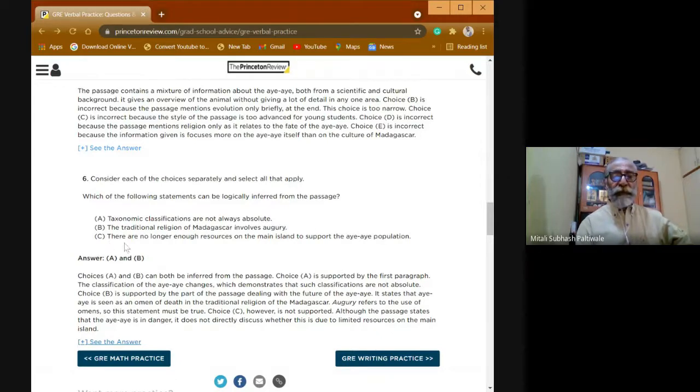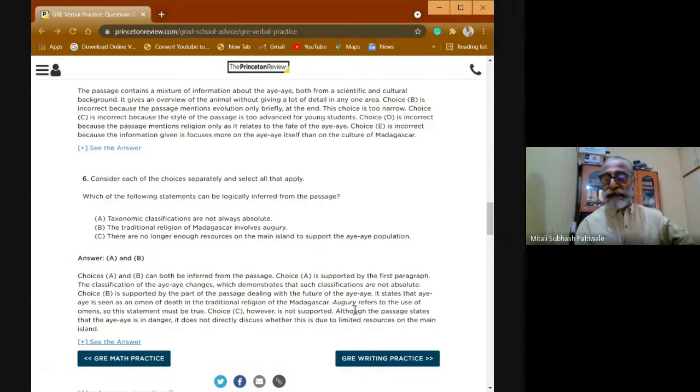Choice B, the traditional religion, is supported by the part of the passage dealing with the future of the species. It states that the animal is seen as an omen of death in the traditional religion of Madagascar,